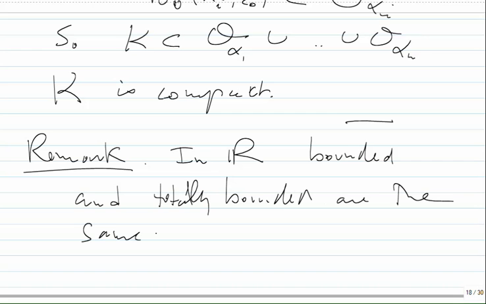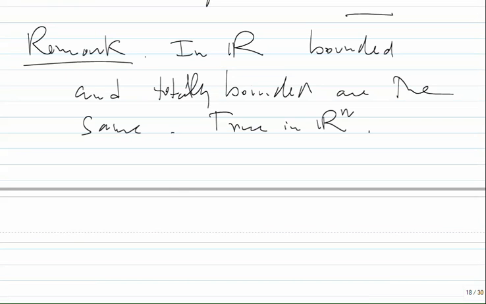So, and by the way, this is also true not only in R, also true in Rn. So the concept of bounded and the concept of totally bounded are the same. But if you go to infinite dimensional spaces, for example, if we take general metric spaces, this is not true, and that's what I said. So I said we can take an infinite set with the trivial distance or the discrete distance and show that it's not the case. But let us take another example that will be useful in Banach spaces as well as